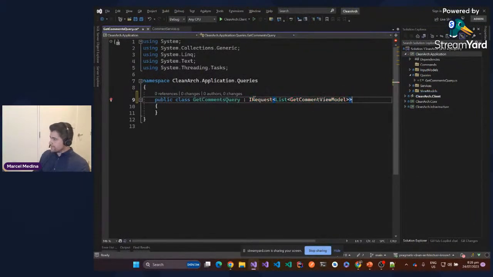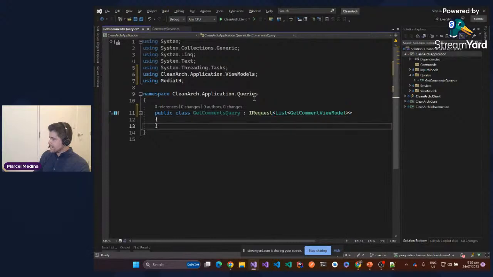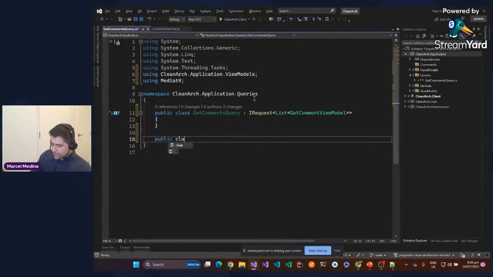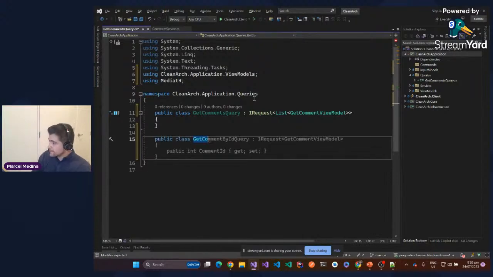Okay, let me implement that. That's it. We don't have any sort of signature. We have nothing. If we did have that, we would include it, but we don't. So we just need to make sure that for this particular request, we have that response. That's how it is. So let's go and create, okay, public class get comment